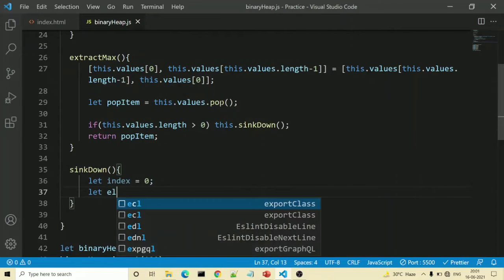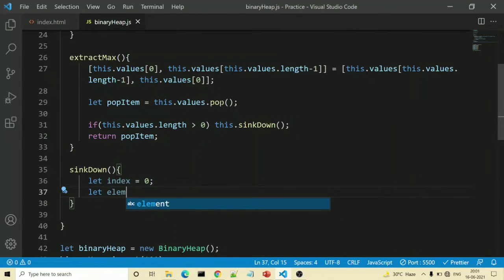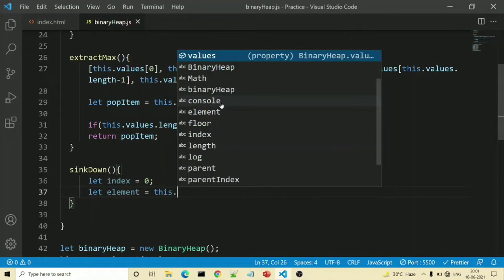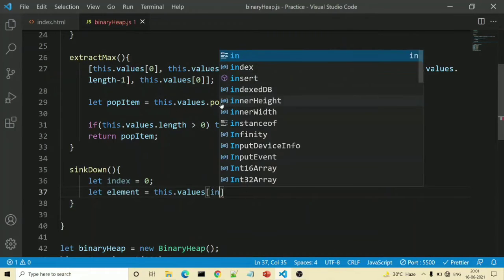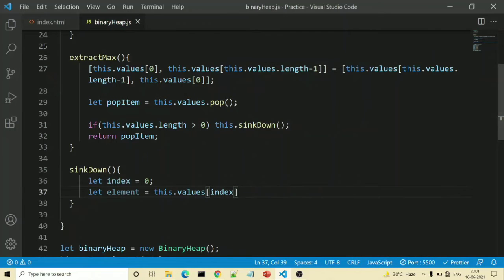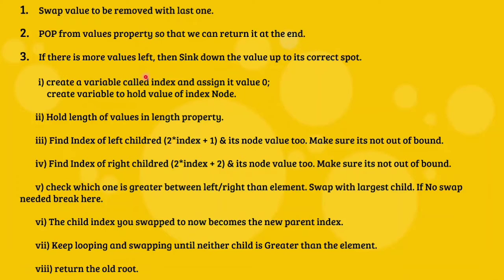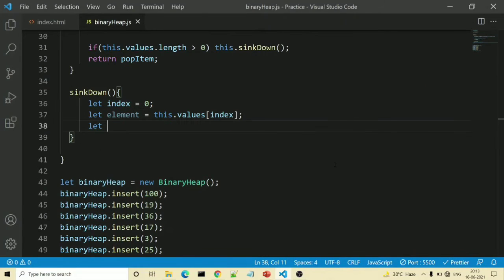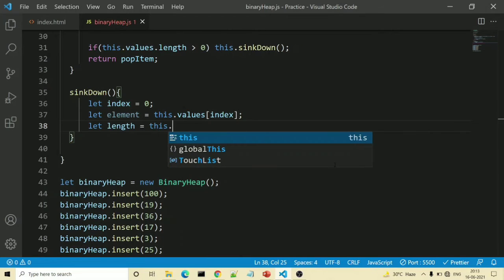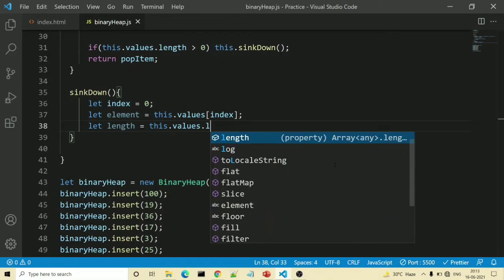Then we will do let element is equal to this.values at index 0. So now we have the index and the value at that index. In the next step, hold the length of the values in the length property. Let length is equal to this.values.length.